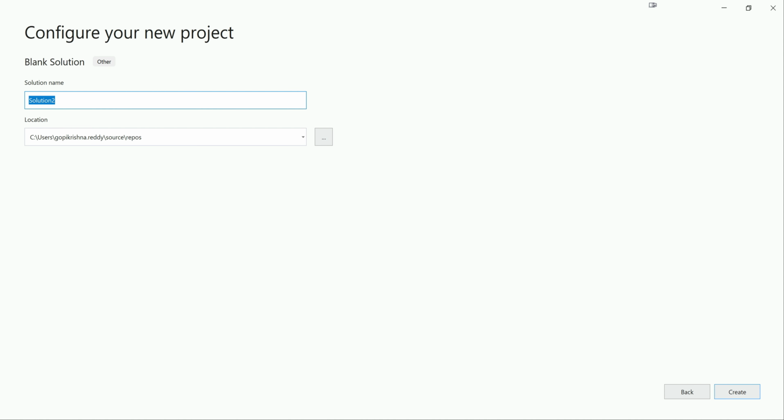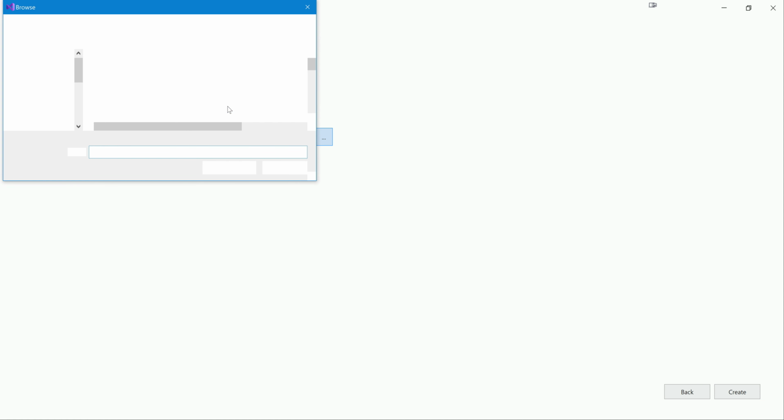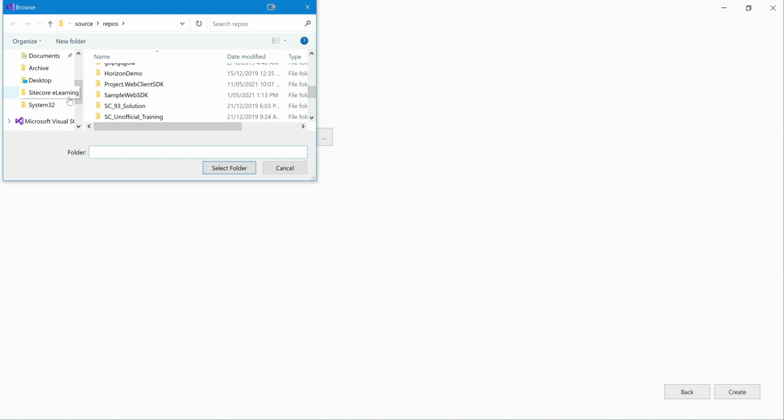Next, and I'm going to put Sitecore dot demo project dot MVC, and let's put this in the place where we installed, so that would be SC install.